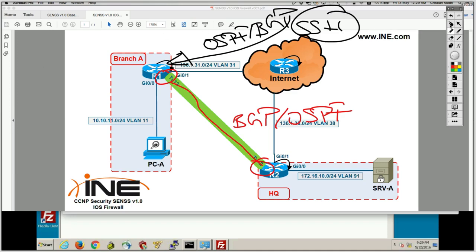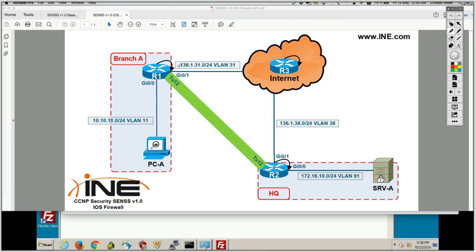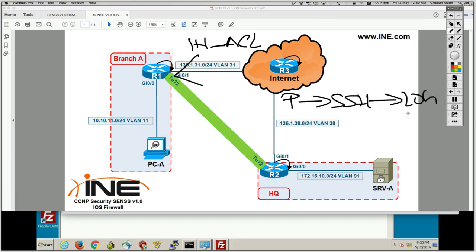For example, do you want a simple test? Put a new router in the internet, like router 1. Put an inbound ACL and put the lines which say deny all traffic, or permit, it doesn't matter. It depends if you also want to be able to manage the router remotely via SSH. Then in that inbound ACL, put a permit statement to allow the SSH traffic, but put the log keyword. And if you also manage it via telnet, which is not recommended, of course, put a permit action with telnet from the internet and with a log keyword.